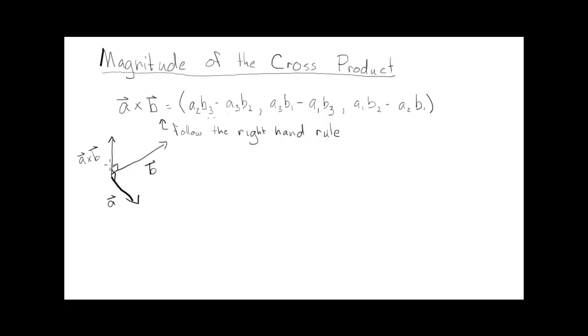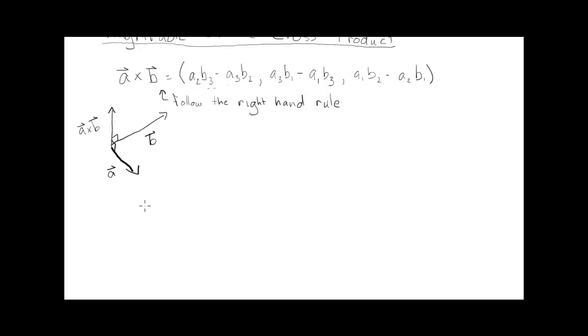But the question now is, how long is A cross B going to be? How is the magnitude of this vector going to be related to A and B? And it turns out that the magnitude of A cross B